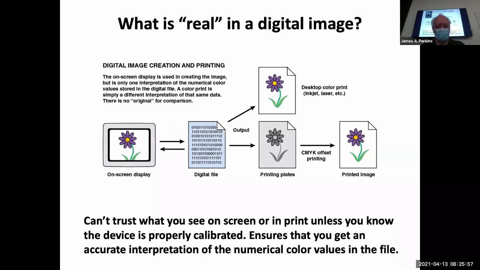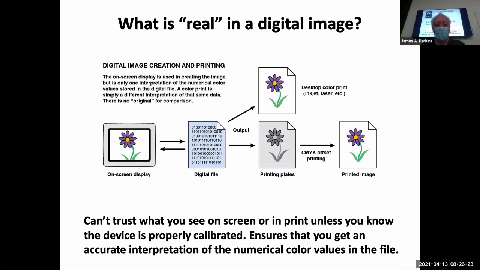Or there's newer technology called a plate setter, where you send your digital file directly to a device that prints on the photographic plate itself and just spits out 4 photographic plates. So you skip the whole process of creating 4 sets of film negatives. But regardless of whether you use an image setter or a plate setter, you end up with a set of 4 printing plates, which you then put on the press